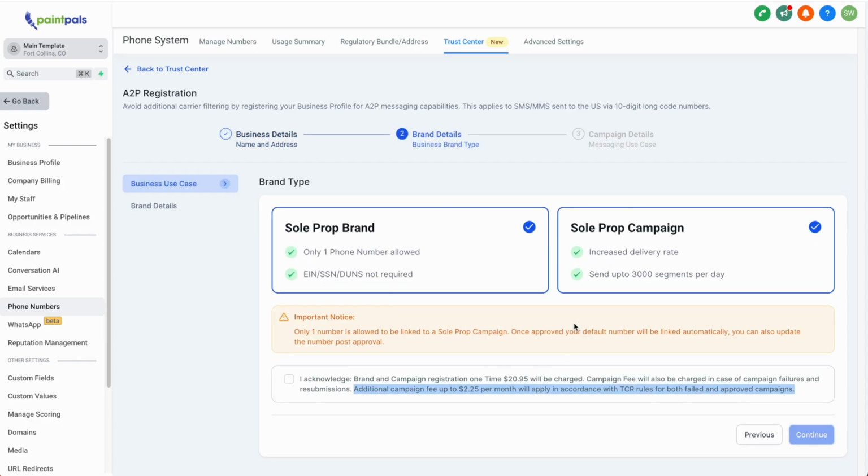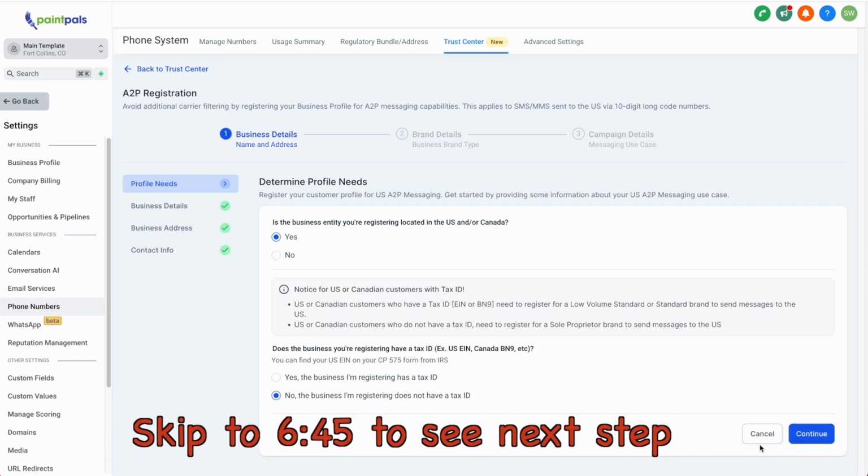Then you'll be on this page where you select "I am not a company." You're basically registering as a sole proprietor. You're going to click this and then press continue, and this is acknowledging that you are going to get charged. So let me go back and show you what it looks like if you say that yes,